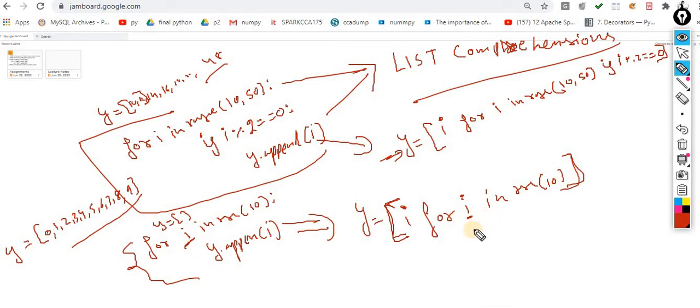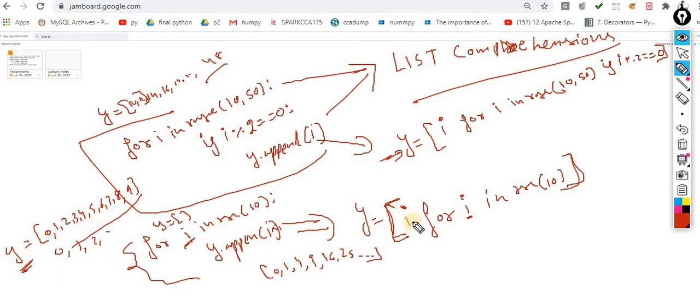Now understand how exactly this works. Normally what we did, for i in range(10), the i value will iterate from 0 to 9, and I am appending this i into y. So in y, the first time it will add 0, then 1, 2, 3, and so on. Let me do one more thing, i multiplied by i. Now in the first position it will add 0, in the second position i becomes 1, 1 times 1, the third time i becomes 2, 2 times 2 is 4. Now 3 times 3 is 9, 4 times 4 is 16, 5 times 5 is 25, and so on. These values would be added into this y.